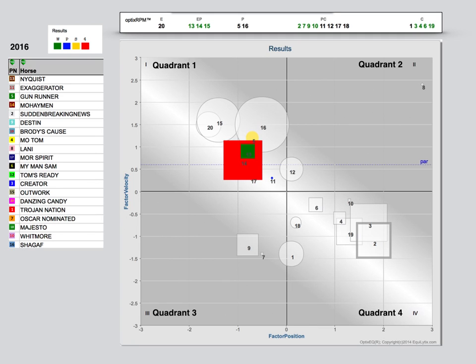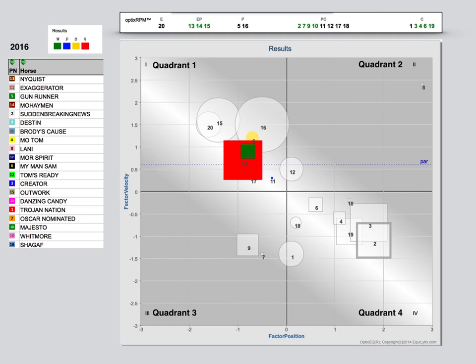Quadrant 1 dominated the Derby in 2016. You see all top 4 finishes, and they're noted by the color coding, right? So you've got green, red, yellow, and blue. The top 4 finishes all were in Quadrant 1. So Nyquist, Exaggerator, Gun Runner, and Mohaymen were all in Quadrant 1. You can see Quadrants 2 and 3 had very sparse runners, but Quadrant 4 was pretty loaded and just got